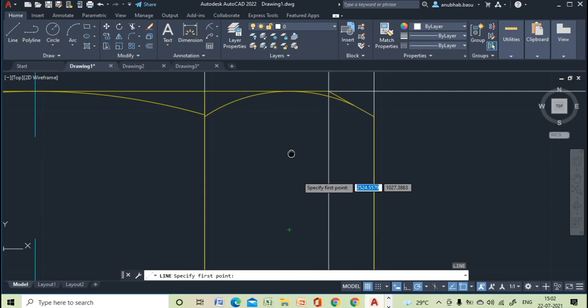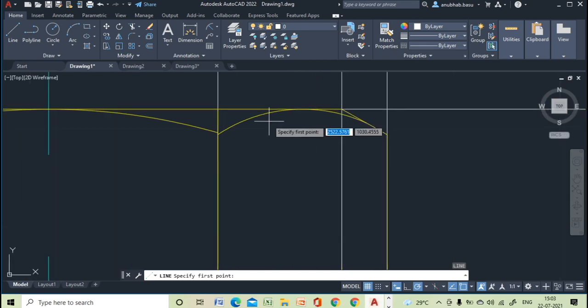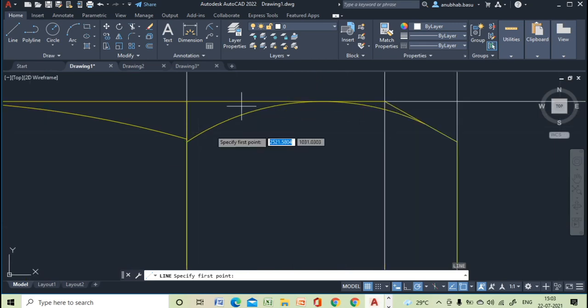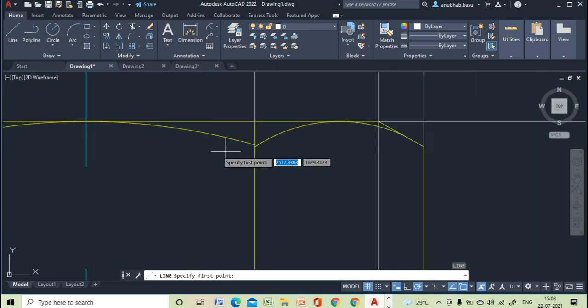To do that, I have drawn a circle. Now to draw that circle from the midpoint, at first I have located the center point. From this point to the center point, the distance will be the same as the radius of the circle. So at first we have located this point, then I have drawn a circle with the same radius, 8.66. Now after giving the radius, we can see that that arc is meeting on this edge at this point.